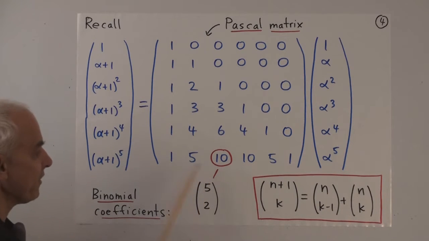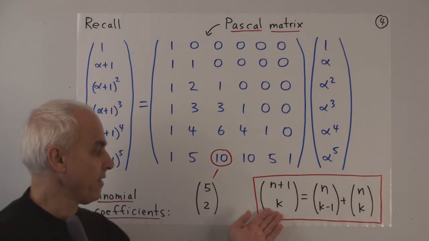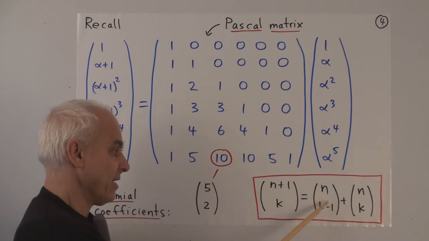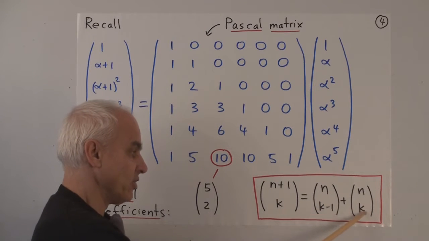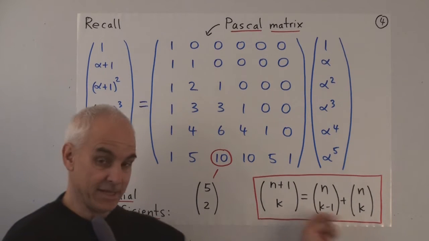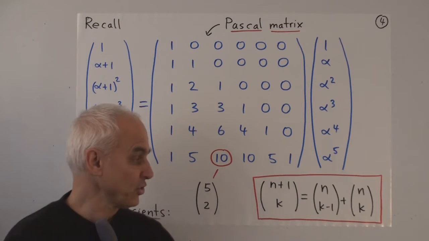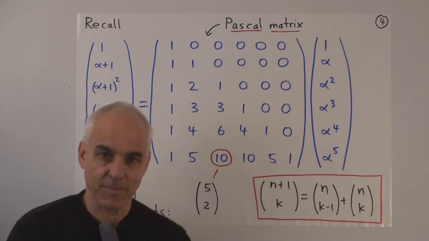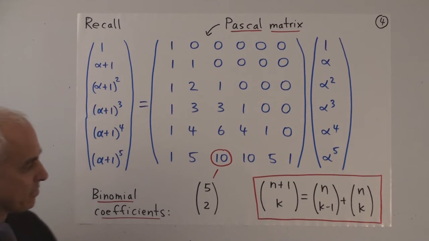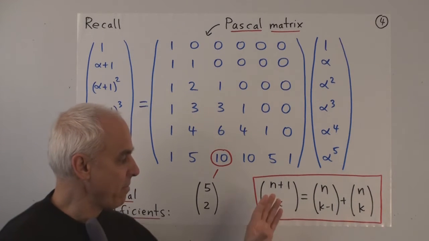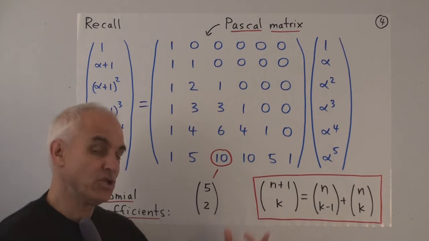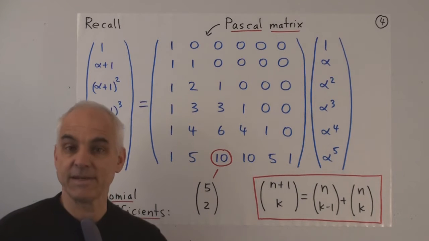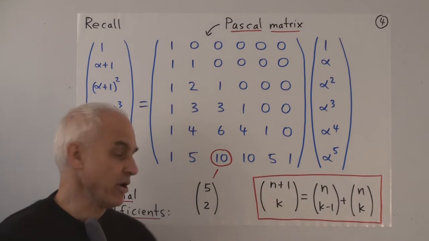These are called binomial coefficients. And they satisfy this recurrence relation that n plus 1 choose k equals n choose k minus 1 plus n choose k. Exactly the same as the one for the Stirling numbers of the first kind, except that there's no n factor sitting there. And it's because of the parallel between the binomial coefficients and the Stirling numbers that we chose that bracket notation to represent the Stirling numbers, to bring out the similarities between the Stirling numbers and the binomial coefficients.